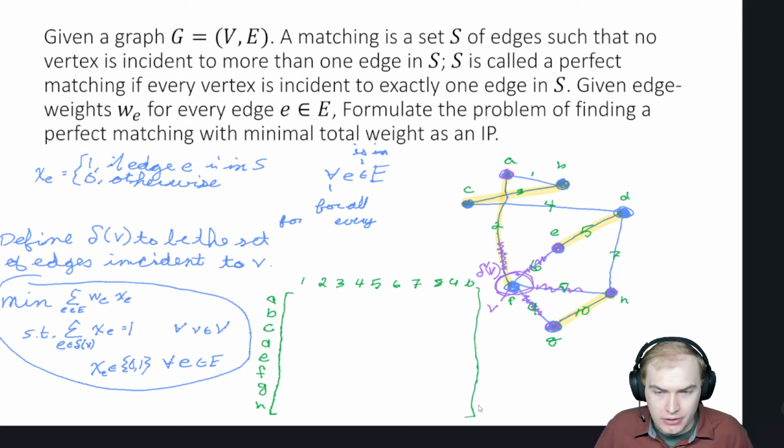And we're going to put zeros in most of the spots and ones wherever the edge is incident